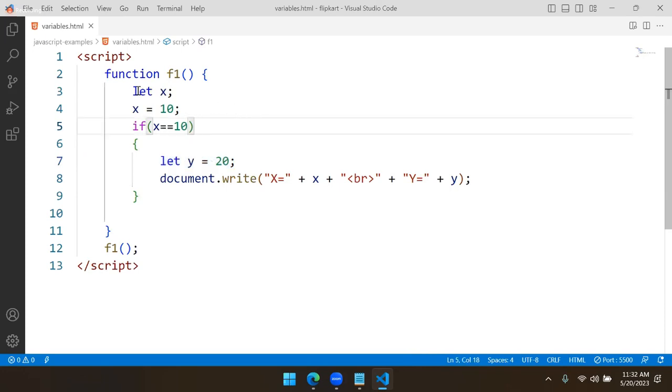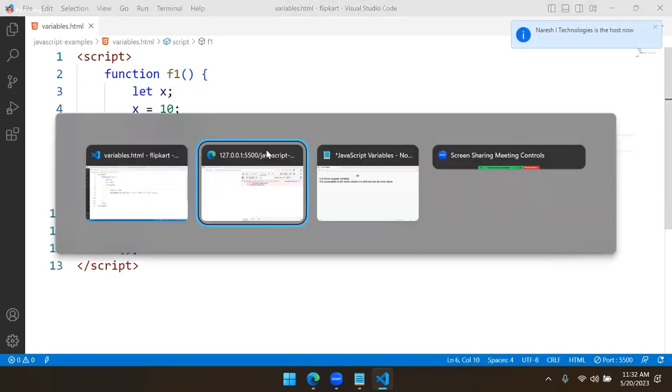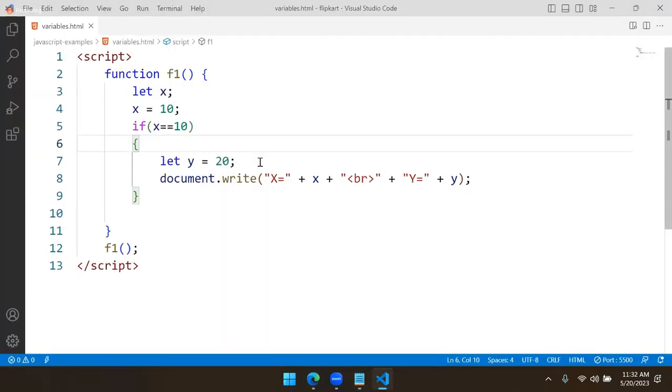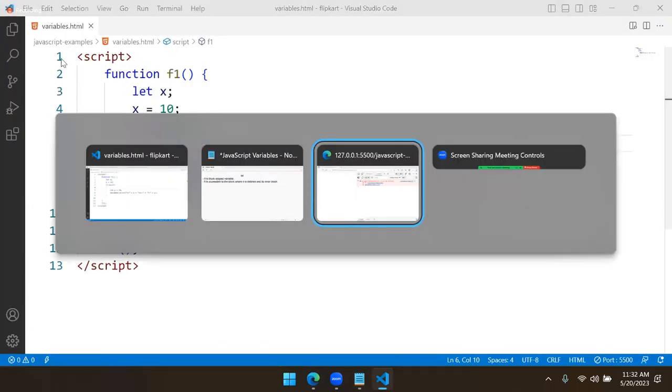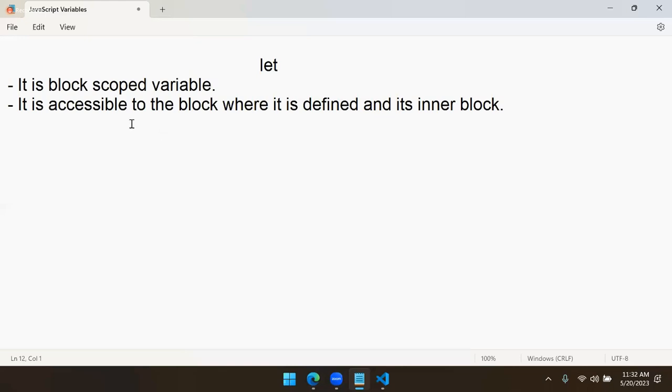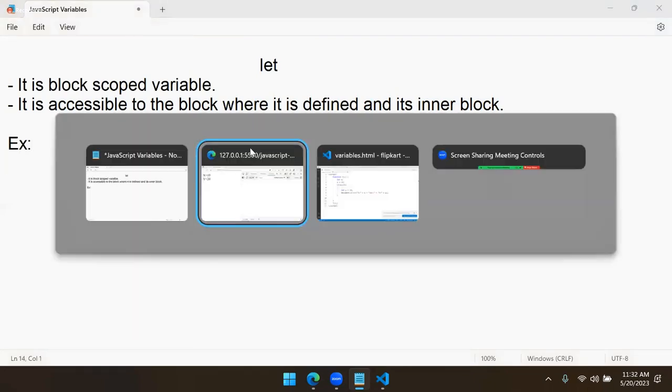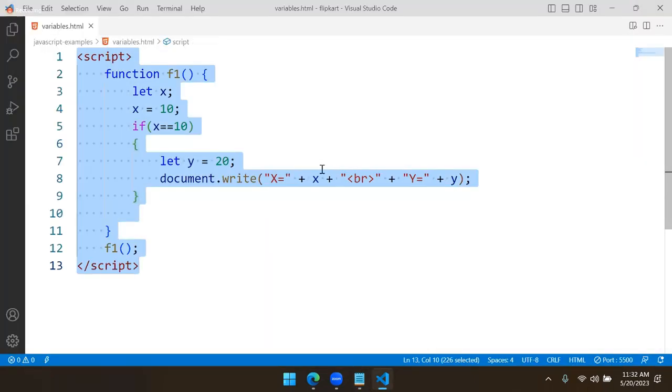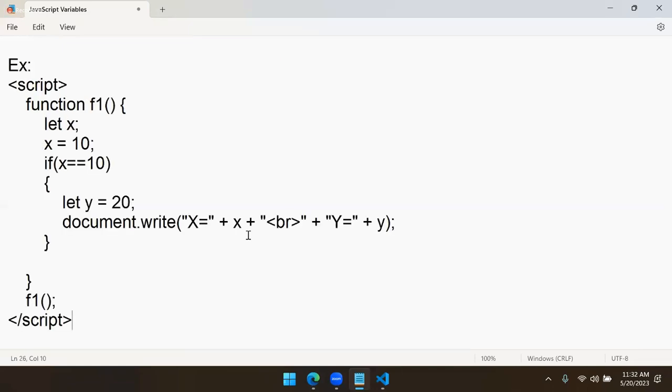Now you cannot call it as function scope. It is block scope only. Block scope can be accessible inside the inner blocks, right? So this is the concept. So when I save this now, you can see it is working fine. There is no problem. So it is accessible to the block where it is defined and its inner blocks, right? This is an example. If you try to access outside, it is not accessible. That is one point. Next one,